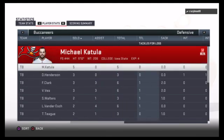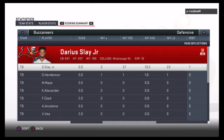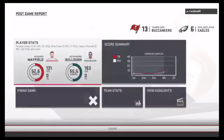So for Tampa Bay, it was a great all-around performance as they come out of this one with the victory. And they'll get another road test next week as they head to the Windy City to take on the Bears. Meanwhile, for Philadelphia,